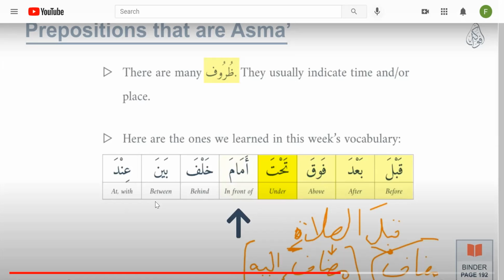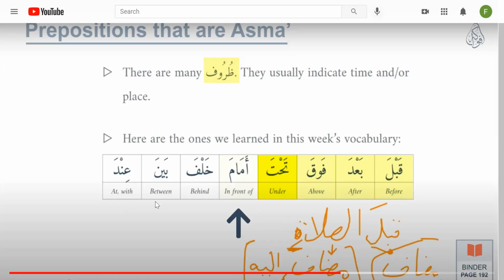But most things are not that dichotomous, or not that black and white when it comes to the Arabic language. These definitions have a little bit of leeway. I would say that this is an example of where there's an exception and a little bit of leniency in the rule. These words, agreed, in the English language, they don't have meaning in and of themselves. And also in Arabic, they don't. If I just said qabl, that doesn't have meaning in and of itself. If I said the word taht, which means under, it doesn't have meaning in and of itself.